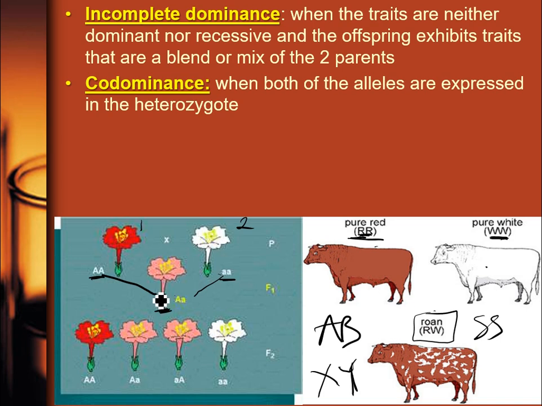Now, if you look at the two, you can see that there's no key here, so we don't know what this A represents. So we assume that this is for color. There's no key here to tell us what this represents. So by the time red mixes with white, it will give you this color. In this case, we say the dominance here is incomplete because the offspring looks entirely different from the